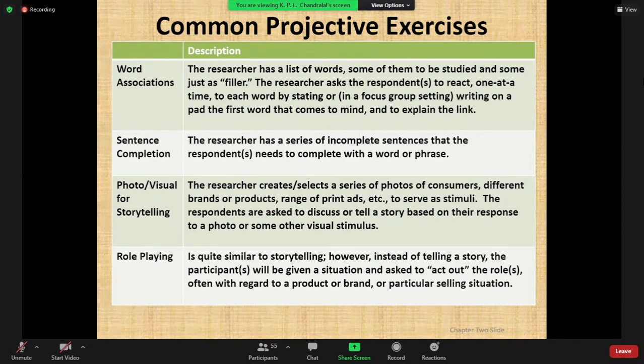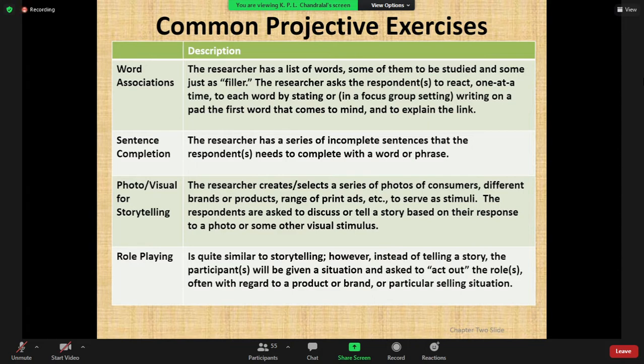And visual or photo option means that you can give a photo, maybe a cartoon character. A good example is cartoon. For example, let's take an example like a restaurant. You give a cartoon. Two cartoon persons are sitting. One person is asking a question, how is the food here? And the second person is answering, but that is in an empty bubble. So the participant has to fill it. But again, it's a third party. The participant fills that